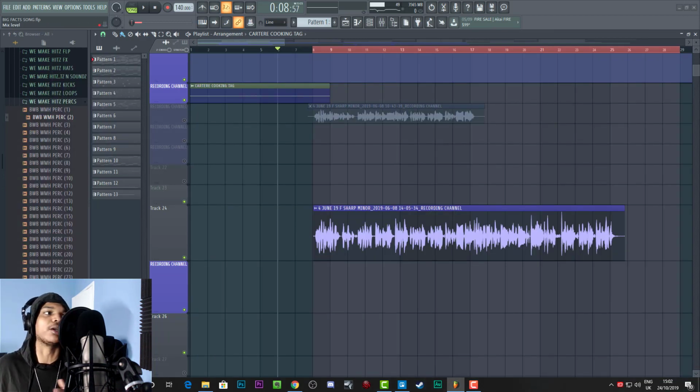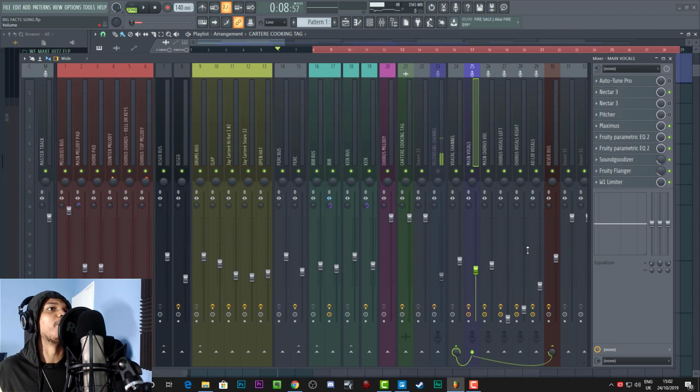But yeah, I did obviously go in and deal with that, and I did change the actual vocal mix to match where this compressor was. So that's a bit of an unfair comparison to that. Now we can try out Pitcher, which is FL Studio's built-in